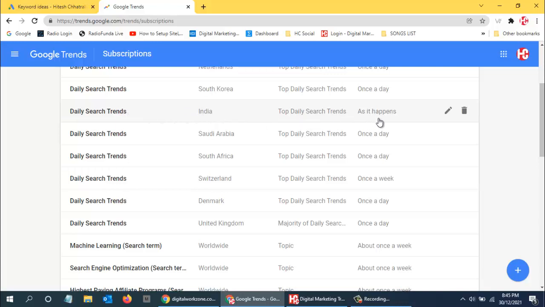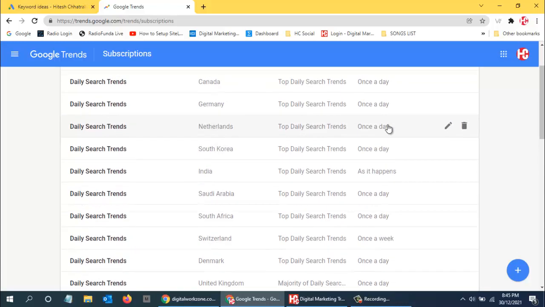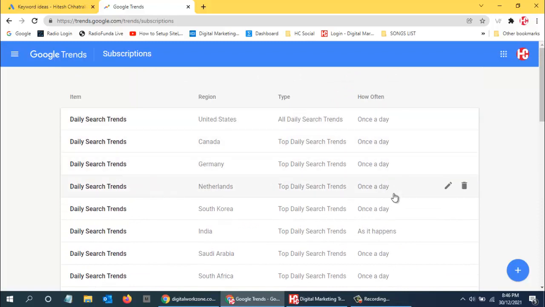Now this is different. Over here I have selected once a day for the other countries, and we are living in India. As it happens means that whenever something trending is going on, I will get an email immediately. So if any trending topics or any search trend is there in India, I will immediately get an email.